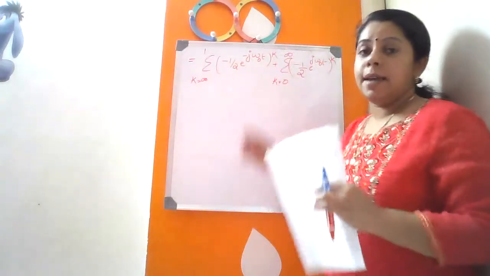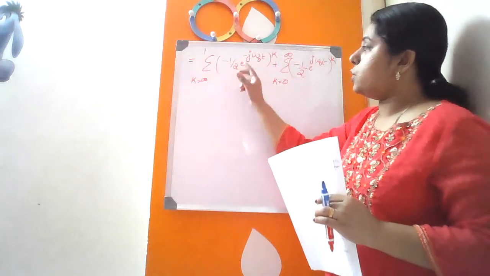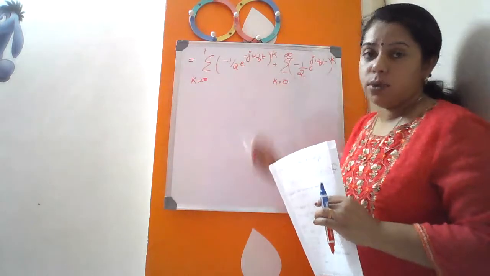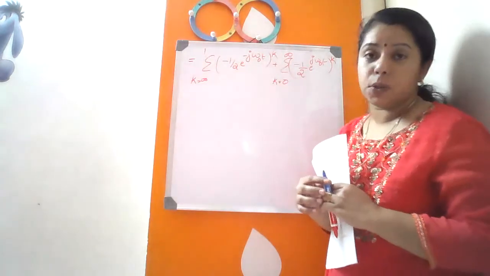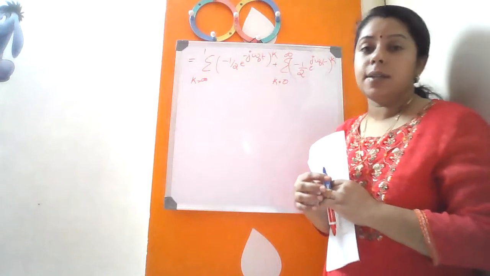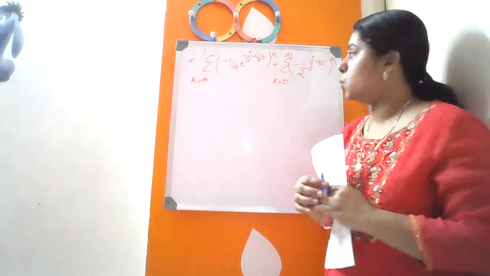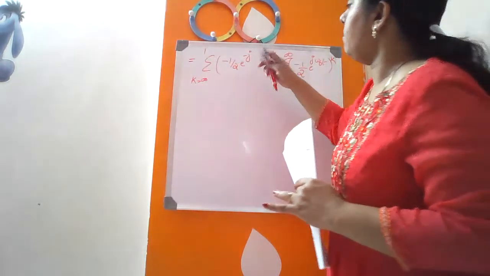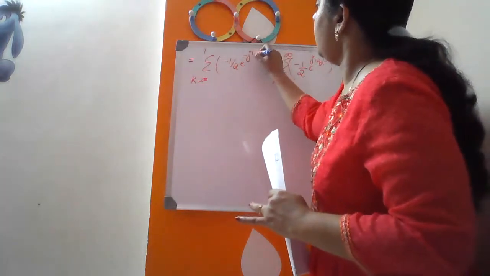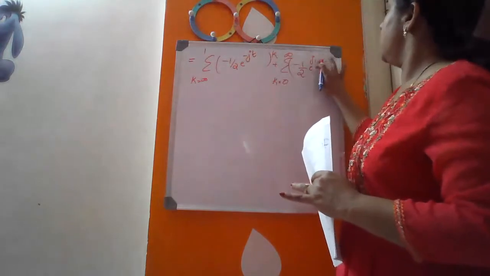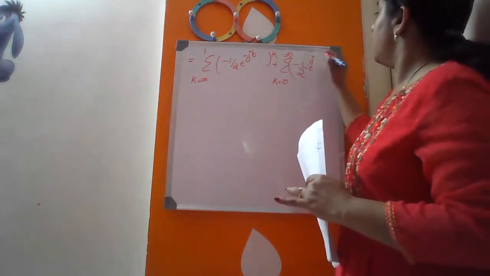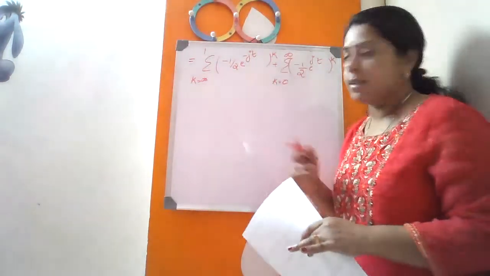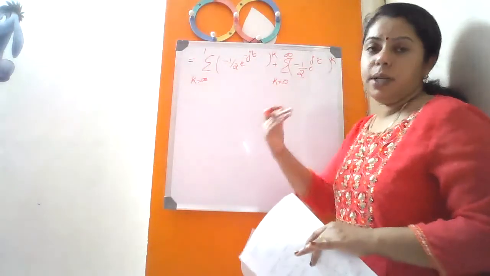So we just see, as I said, we are going to take this 1 by 2 and e power term together. I'm taking that k outside. One more thing I have to substitute here. In the given question itself, they said that omega naught is equal to 1. So if I substitute omega naught equal to 1, this thing will become e power minus jt, and here also e power plus jt. So I substituted omega naught equal to 1 and took k outside.